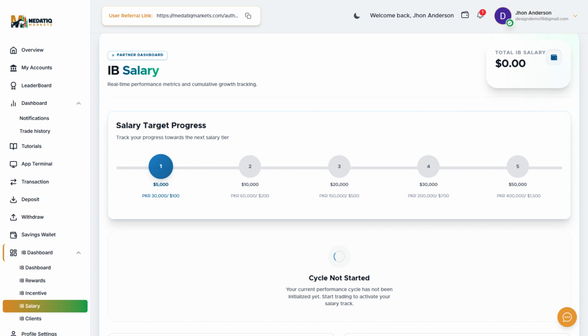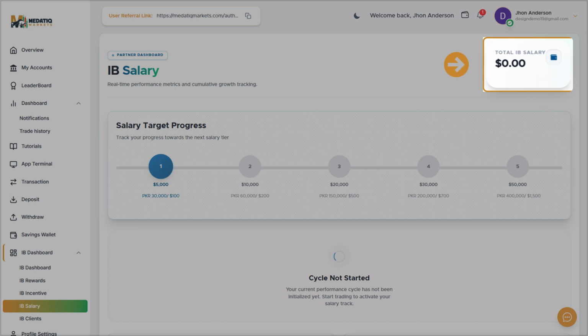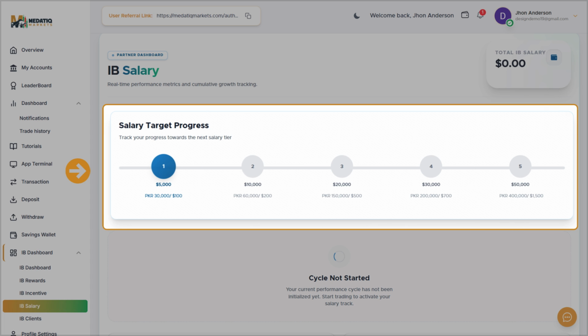This section helps you track your total IB earnings and monitor your progress toward the next salary tier. At the top, you can see your total IB salary, which shows how much you have earned so far. Below that, there is the salary target progress section, where different salary levels are displayed based on your trading performance